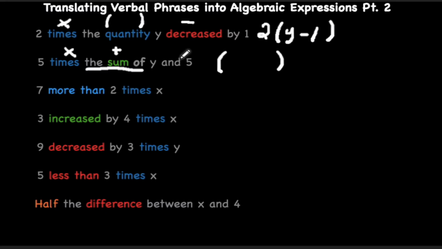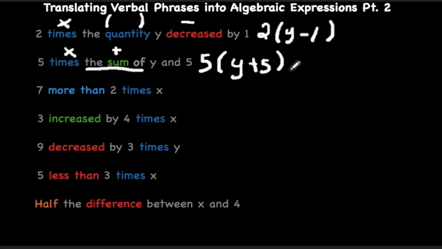So we have 5 times the sum of y and 5, so we know we're adding y and 5 because of this keyword sum, y plus 5. Or you can simply say 5 times the quantity y plus 5, just like we have here, 2 times the